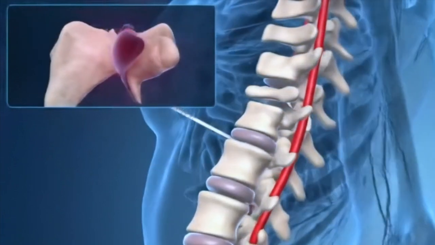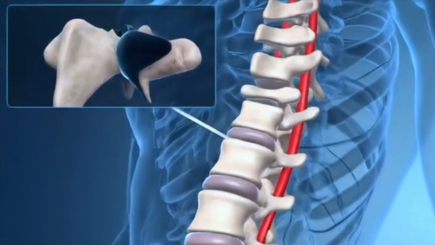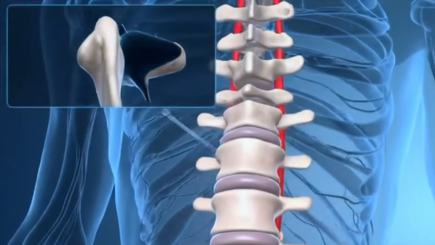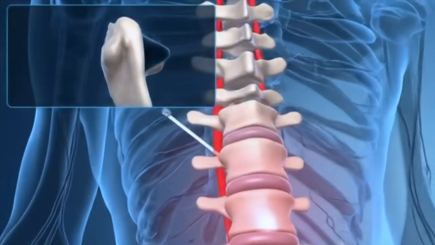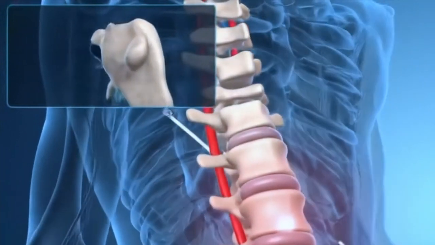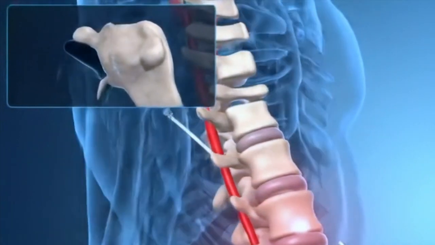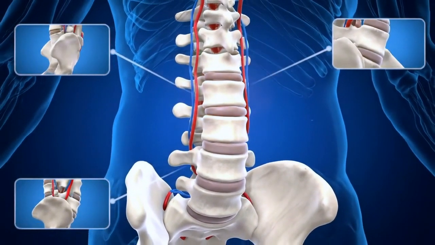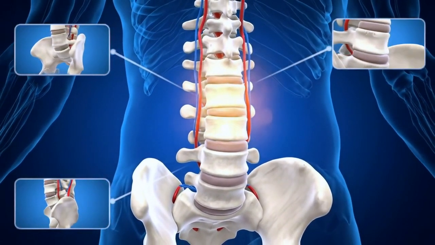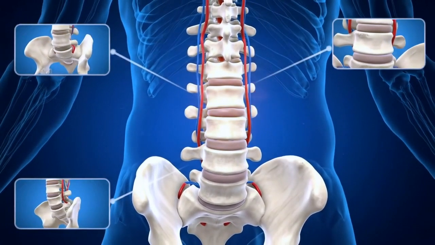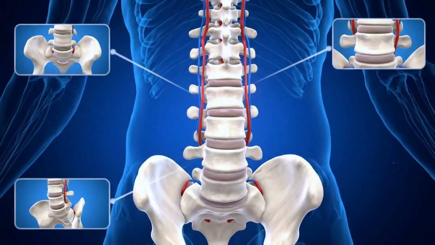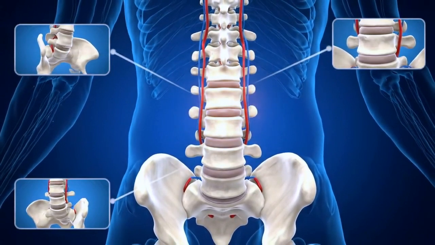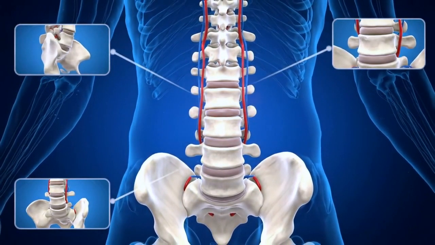Thickened ligaments. The tough cords that help hold the bones of your spine together can become stiff and thickened over time, bulging into the spinal canal. Spinal injuries. Trauma from accidents can cause dislocations or fractures of the vertebrae. The subsequent swelling or displaced bone can narrow the canal. Tumors. Abnormal growths can form inside the spinal cord, within its membranes, or in the space between the spinal cord and vertebrae. Congenital stenosis. Some people are born with a small spinal canal.